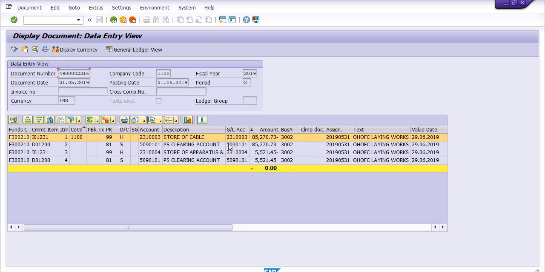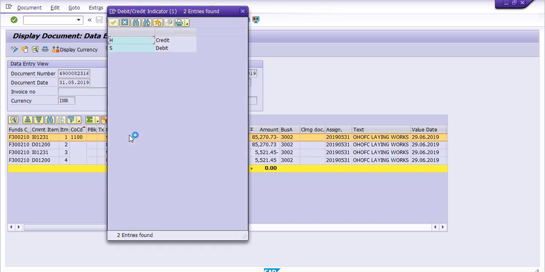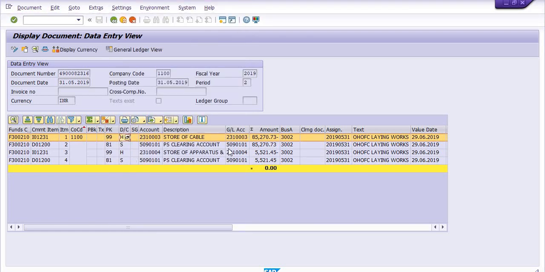For the store of cable, 85,270.73 is here. H means credit, S means debit.